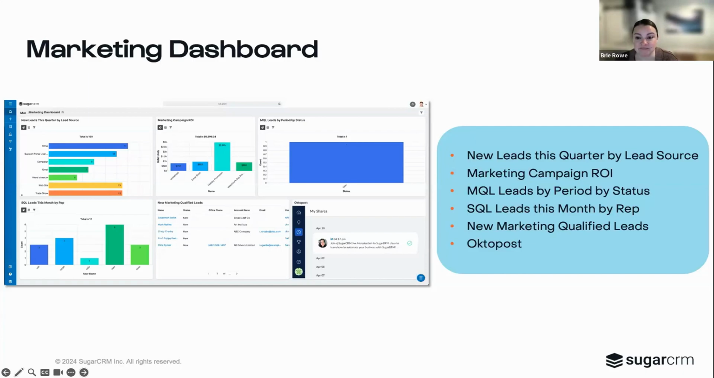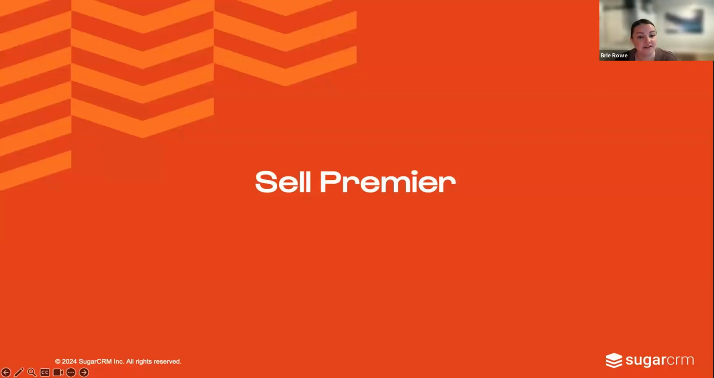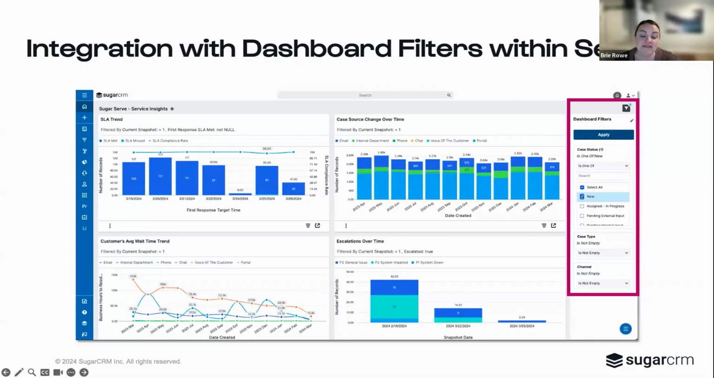Okay, from here, we are going to shift into something that is specific to Sell Premier. So if you have Sell Premier licenses, these are going to be features that are specific to you. So with that, we now have, in past releases, we released enhanced forecasting, which allows you to add Sugar Discover dashlets to your dashboard. However, at the time, dashboard filters, which was released in the last year,